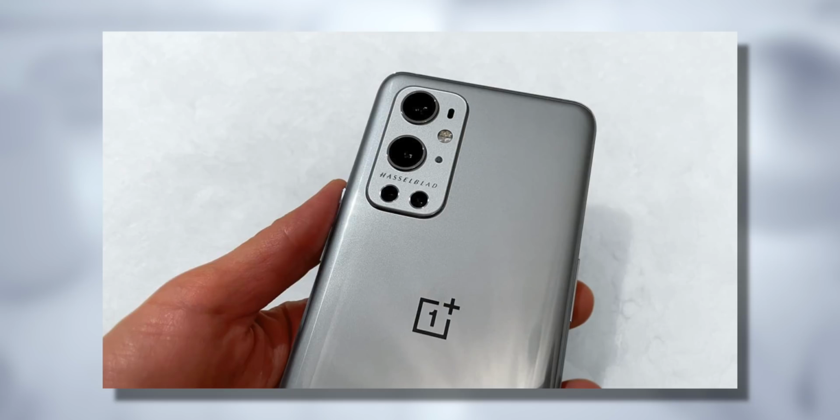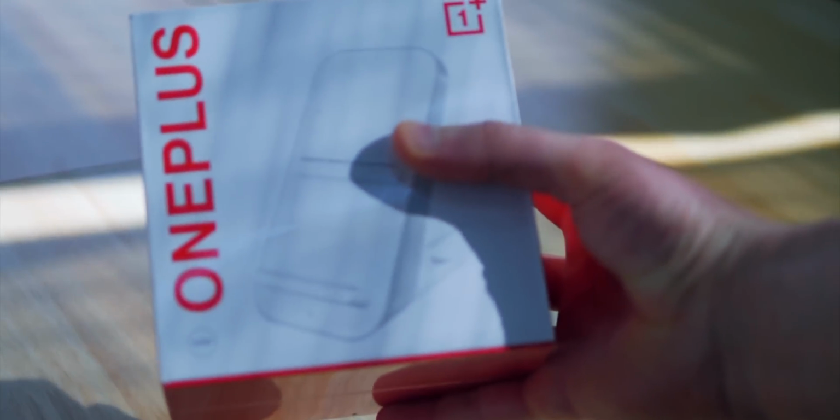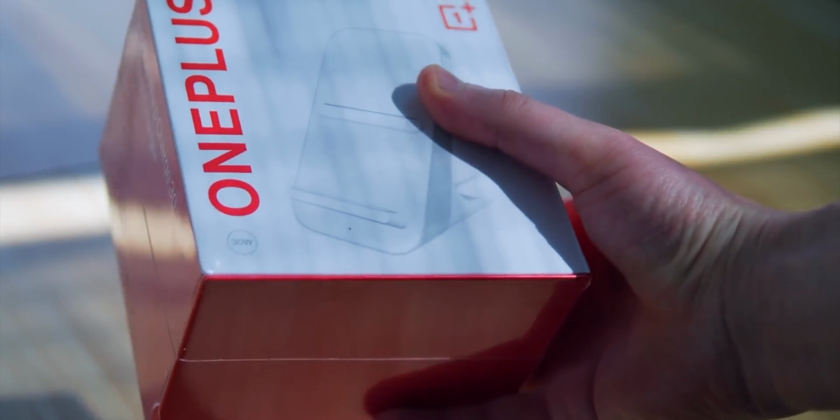There is a strong rumour OnePlus will be partnering with Swedish camera manufacturer Hasselblad to help take their smartphone camera to the next level. Of course, if you know Hasselblad, I think I've pronounced that right, they make incredibly expensive bits of kit. They know what they're talking about, so hopefully they can bring some of that expertise to the next OnePlus phone. 65-watt fast charging and wireless charging will also be included in the new lineup, apparently, so overall,